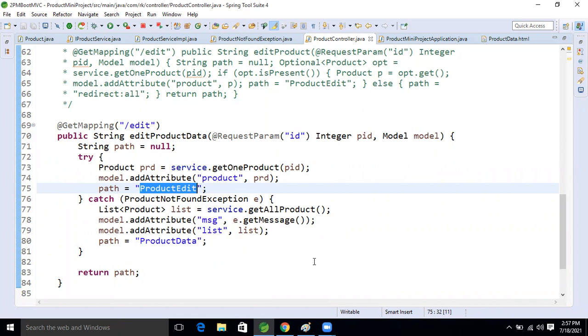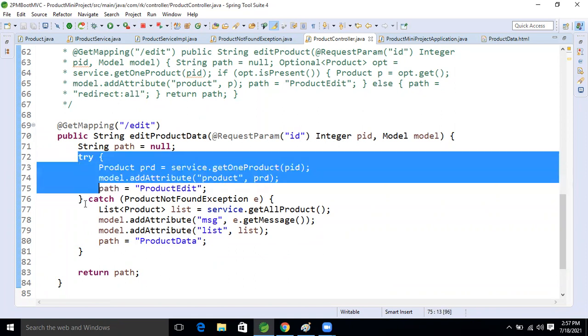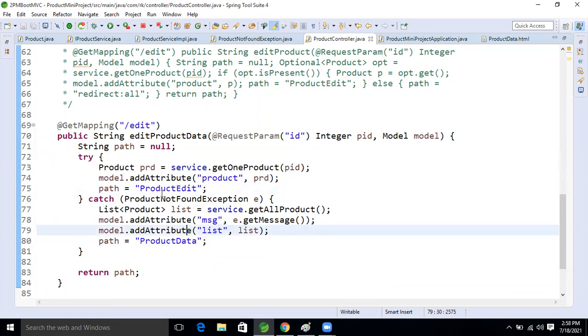See this: if we are writing two different blocks in our method, because the try block is different and the catch block is different, and if any exception occurs and we do not hold that page inside this variable, what will happen? If our information goes through successfully, then this page will execute.